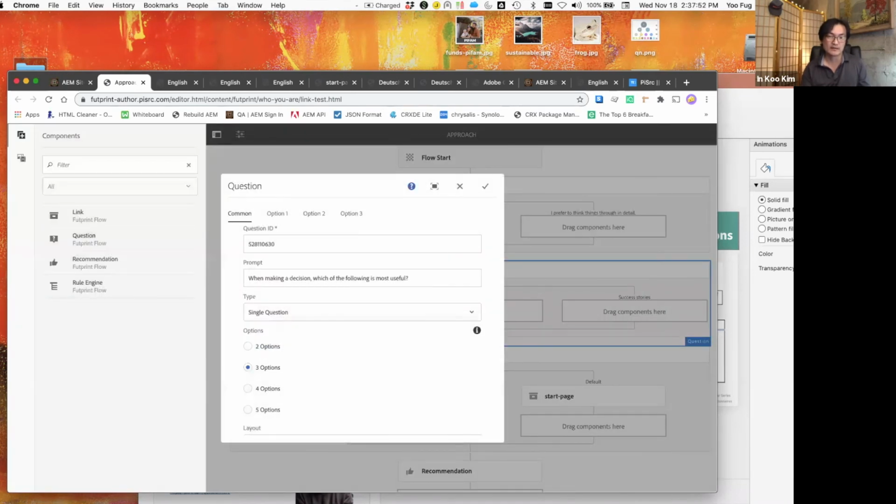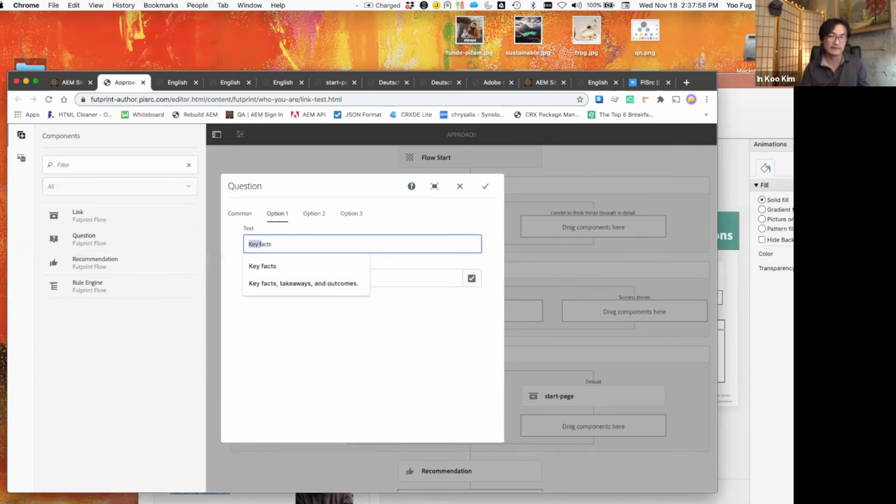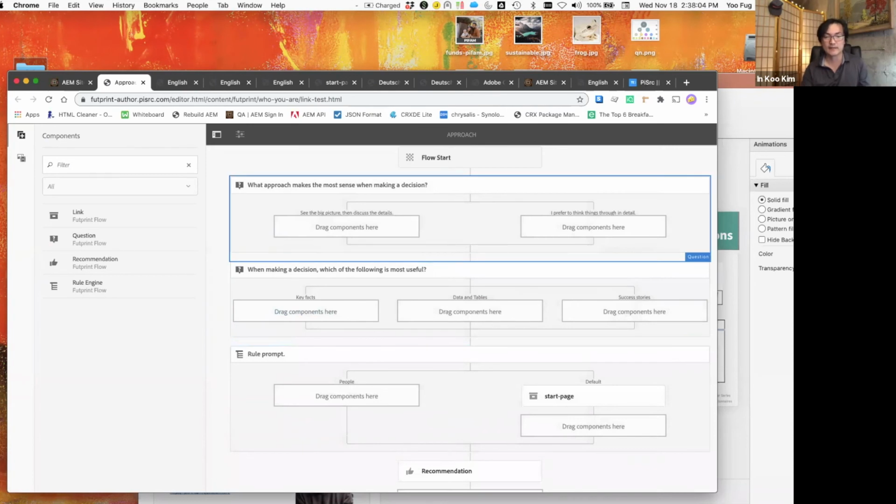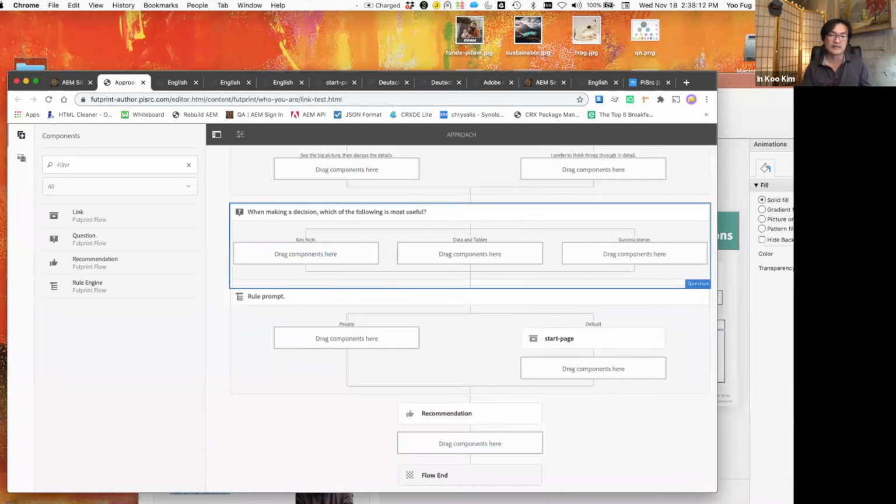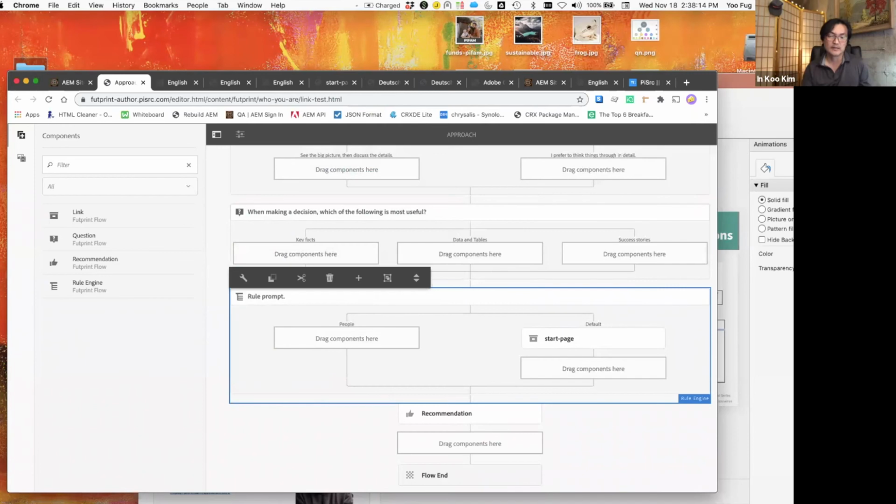I have here, when making a decision, which of the following is most useful? And I have three options in this case: key facts, data and tables, or success stories. Okay, so I have 5 questions here. They're linked over 2 separate questions. And what comes out of this is this rule. And so what is a rule? Well, a rule